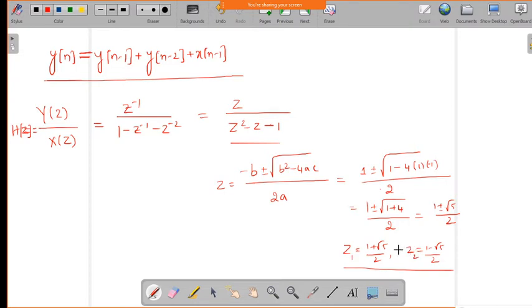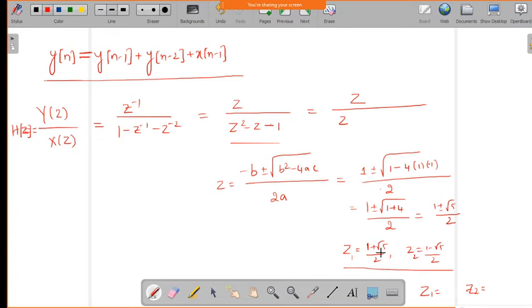Okay, so we can get the values in terms of the decimal places, and you can write it here. So this we can write as z plus root 5 by 2, and one more thing, z plus 1 minus root 5 by 2. So find out the values of this one in terms of decimal. What is z1 and what is z2?